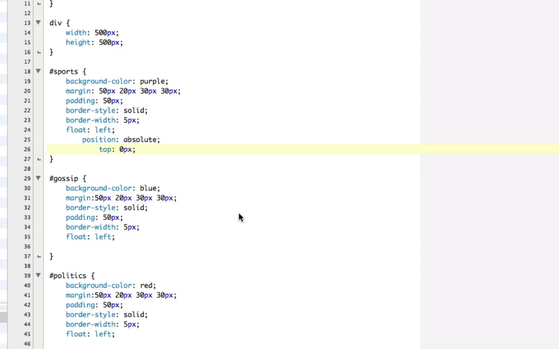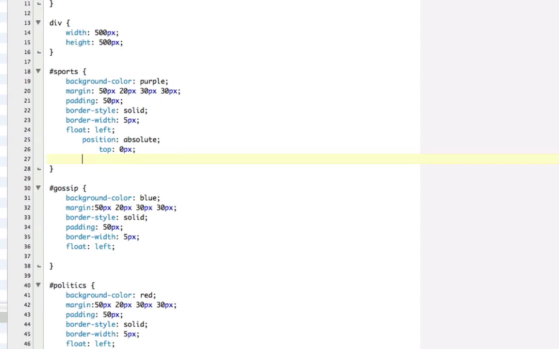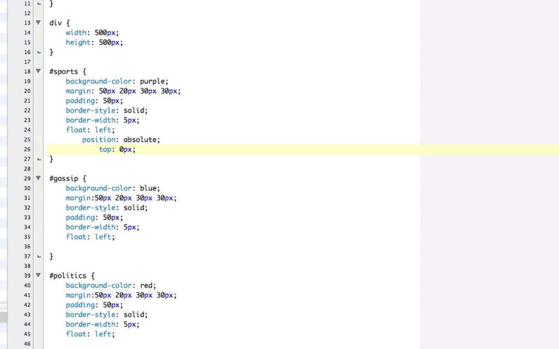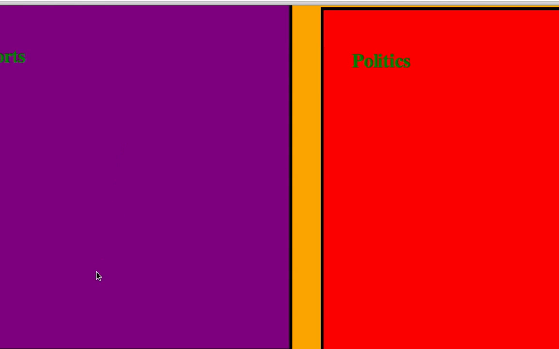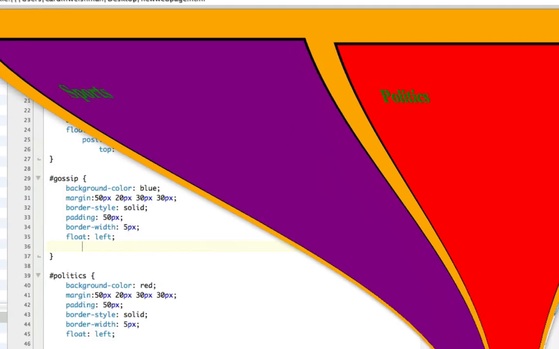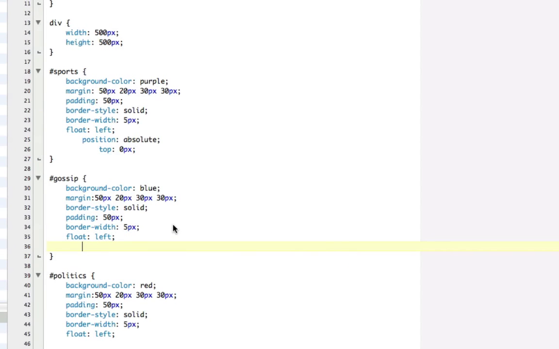And remember how I told you last episode about the relative positioning and how it's relative to its original position? Well, if there's an absolute position involved, that changes. That becomes the point to which elements will change. So say for the gossip, I'm back in here, gossip's underneath sports, as you can see. If we go position relative,